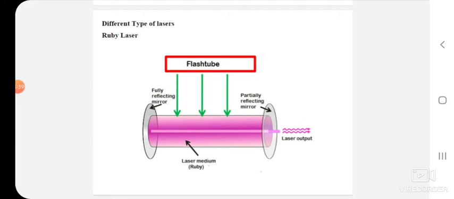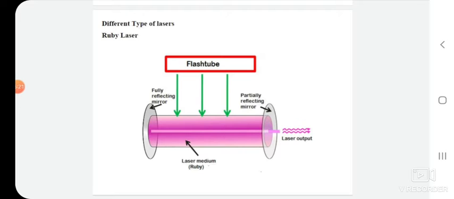This flash causes the electrons within the ruby rod to move from lower energy band to the higher energy band. Population inversion takes place at a high energy band and electrons start to travel back towards a lower energy band. Initially the flash lamp excites the electrons to reach a higher energy level, and again they want to become stable. In that process they move towards a lower energy band. During this movement the electron emits the laser light.